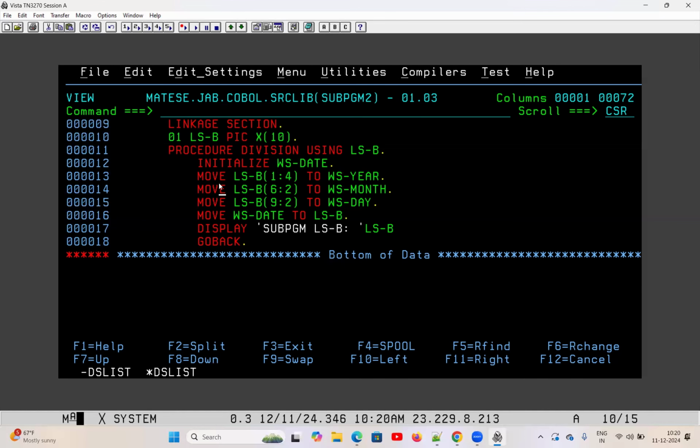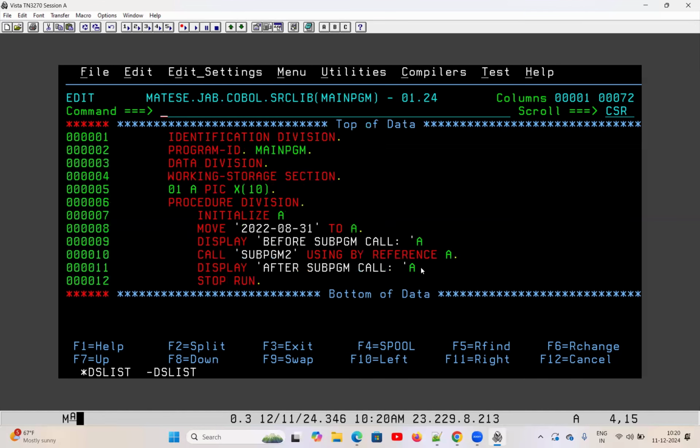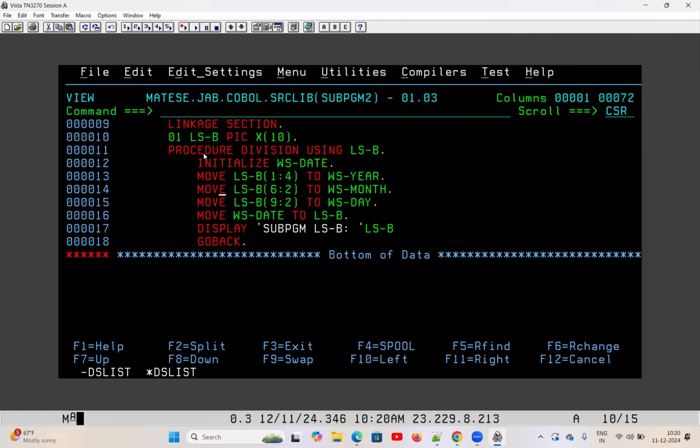Now, from the main program, I passed A. What is the length of A? X(10). With the same length, I have declared one variable LSB. Now, LS stands for linkage section. You can give any name, does not matter. Now, procedure division using LSB. This is the only difference that you can find